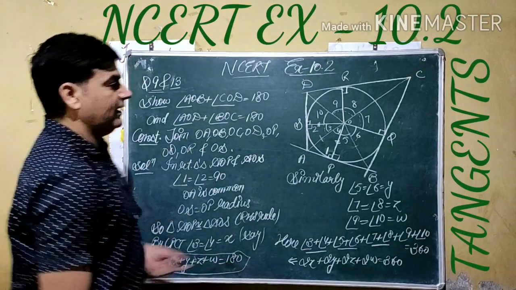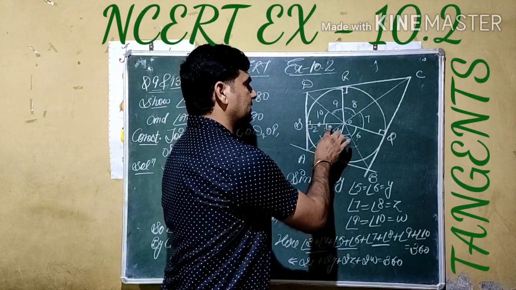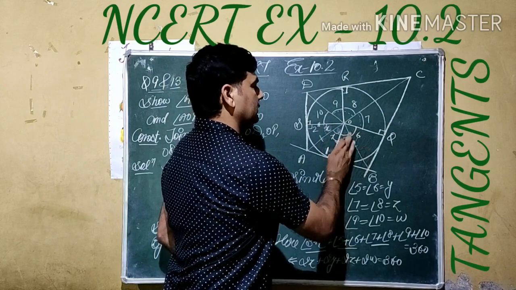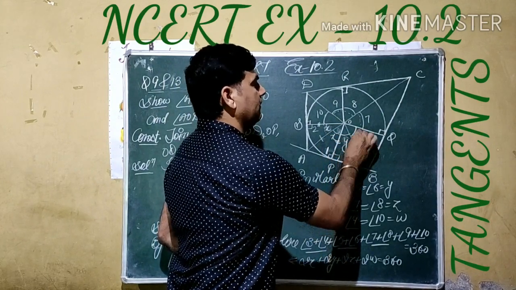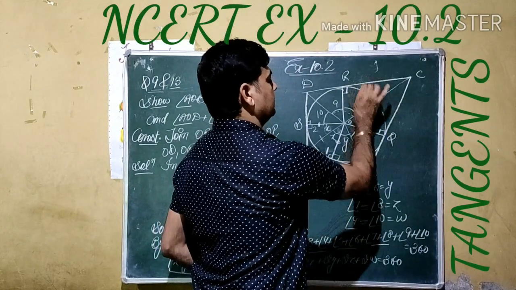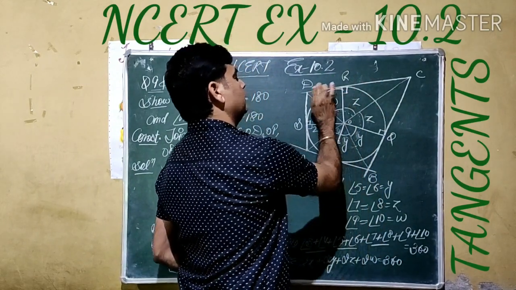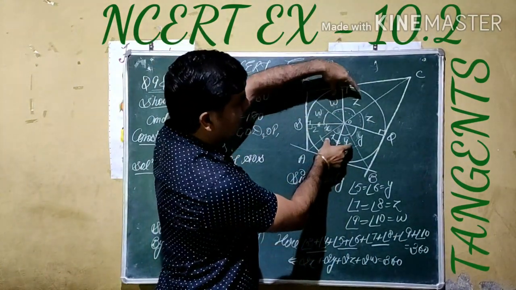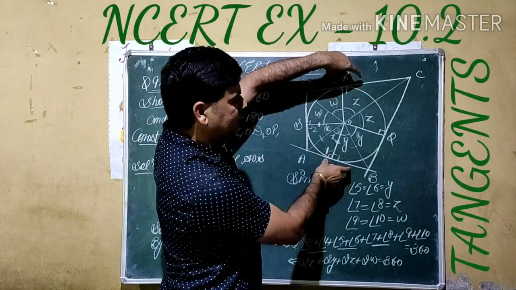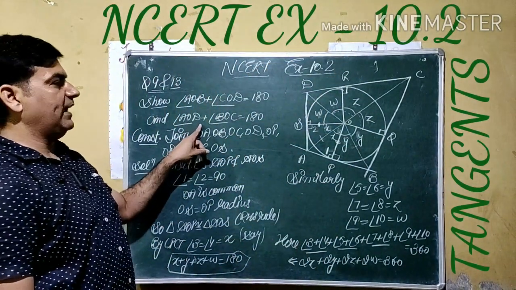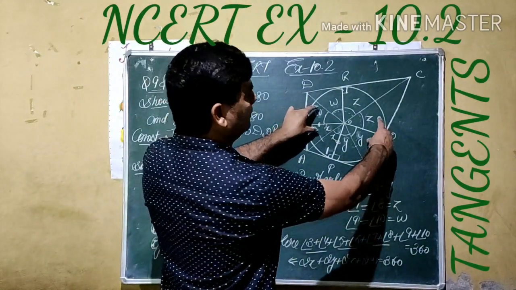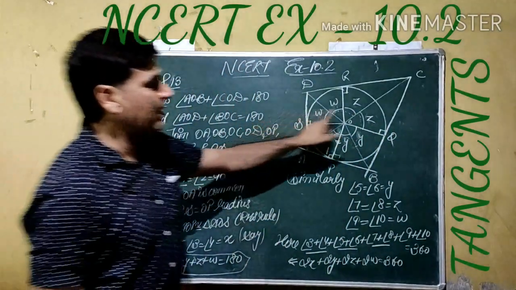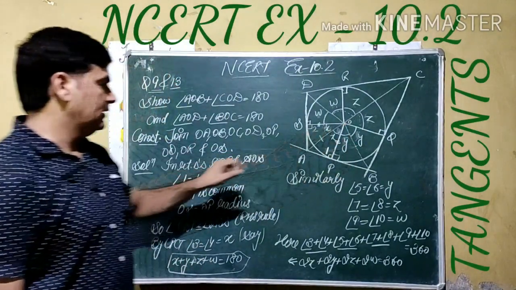If you see here, this is our X, both are X, so we are indicating by X. This is Y, this one is Z, this angle is W. If we make a pair, X, Y, Z, W, these are the angles at the center made by these two sides, which means this pair of angles is proved. X, Y, Z, W are again the sum of 4 angles made by these two sides at the center. Means angles made by opposite sides of a quadrilateral at the center of a circle are supplementary.